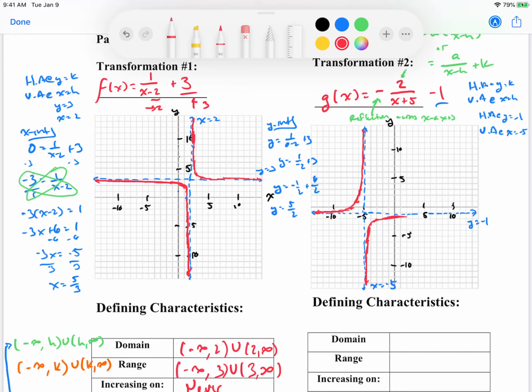And this is what my graph is going to look like. So again, in this case, you can see we have both an x and y intercept. And so the first thing we want to do is talk about domain and range. Our domain is going to be from -infinity to h, and h in this case is -5, in union with -5 to positive infinity. And again, we can see that as we move left to right, -5 is the only value that's not included